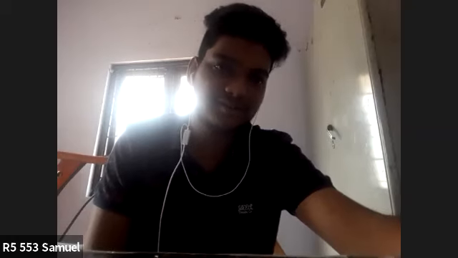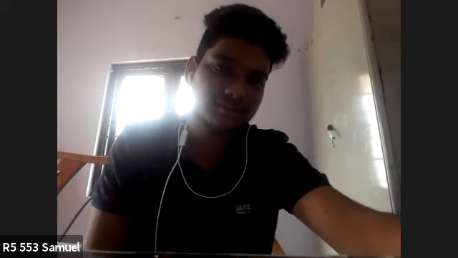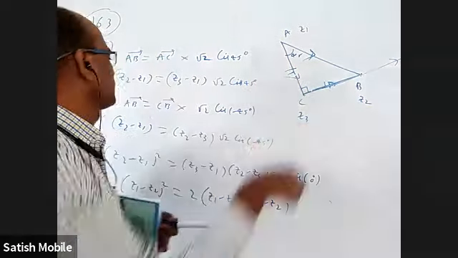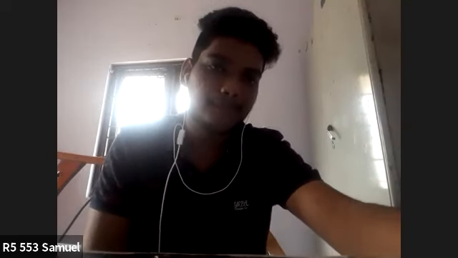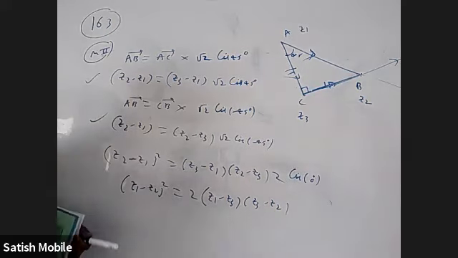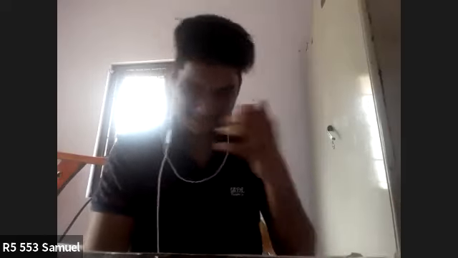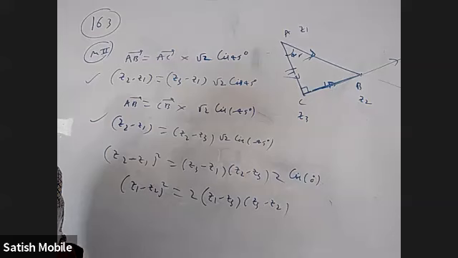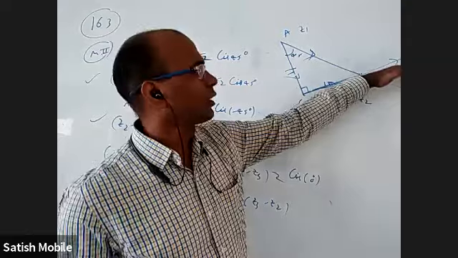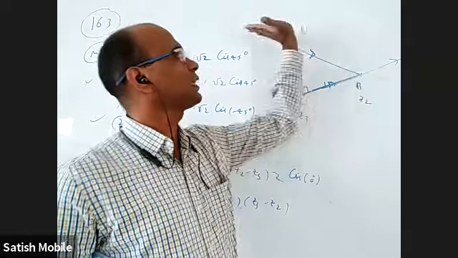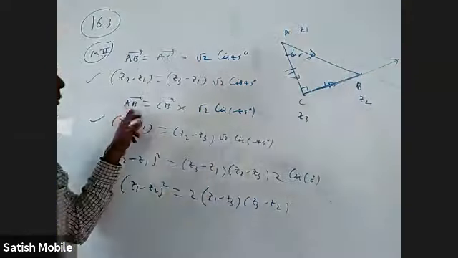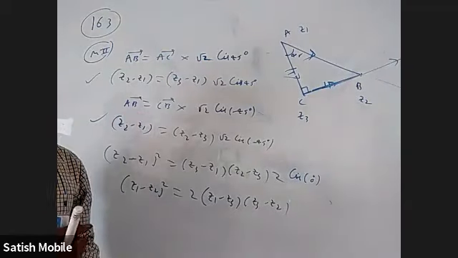Why can't we take cis 135, sir? This 135 is for BA bar, not for AB bar. If you want to take that, you put a minus here. Minus AB bar equal to what is it? Is it okay? It's about the direction. It's a ray. Once again, you take CB bar and rotate by 135, you will get BA bar, not AB bar. We want AB bar. That's why. Is it okay? Okay, sir.